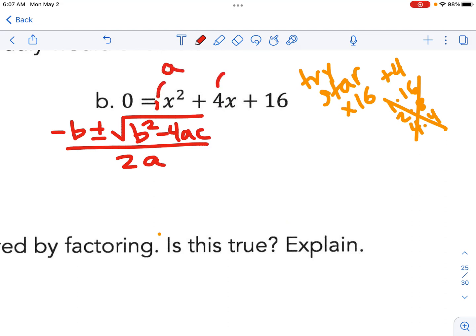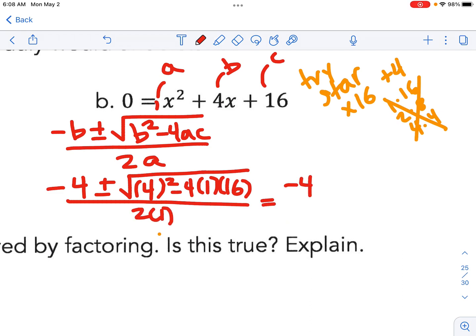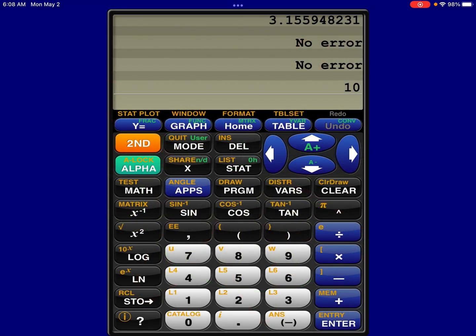So we know a is equal to 1, and b is 4, and c is 16. So we have the opposite of 16 plus or minus the square root of 16 squared minus 4 times 1 times, ooh, mistake, b is not 16, b is 4. There we go. And then c is 16. There we go. All over 2 times a, which is 2 times 1. And so we have opposite of 4 plus or minus the square root of,